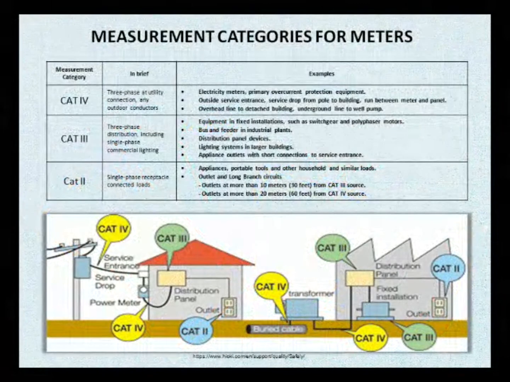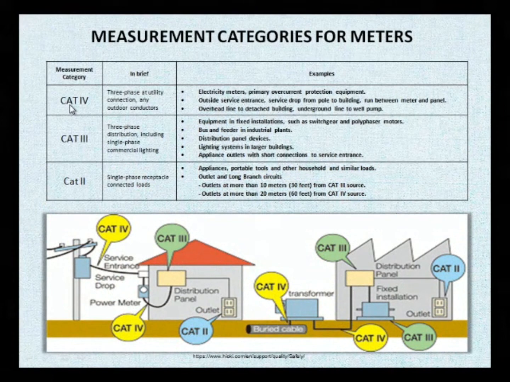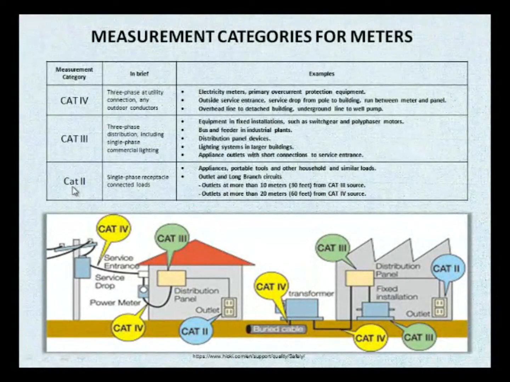Now, categories of meters. You can see here that we have selected category 2, category 3, and category 4. I'm not sure if you can see this properly on your screen, and on the recorded session when you watch it, you're not going to see that for sure. I'm actually considering switching to Zoom sessions because the quality is much better during the recording. So I'm just going to read that for you, but after tomorrow's lesson I'm going to post those notes, and you can download them from the course content and see that yourself.